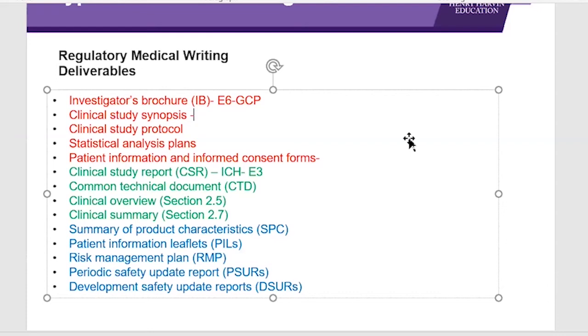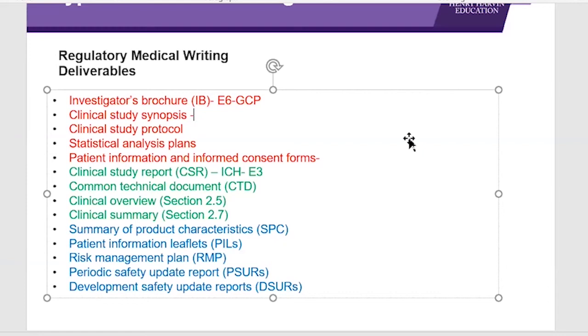This is a live document which keeps on getting updated. As per the regulations, it is required to be updated every year, based on the studies or new information available in that specific year. Thank you. Most commonly, the projects we get as medical writers are the updating of the investigator's brochure rather than writing the first version, because there is only going to be one first version. It's not going to be written from scratch every single time. So that's about the investigator's brochure.